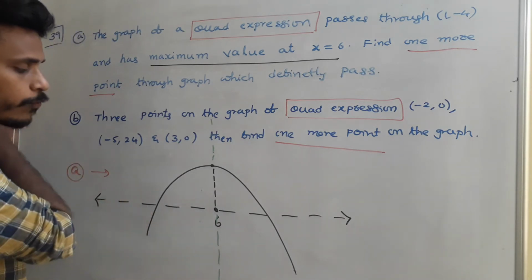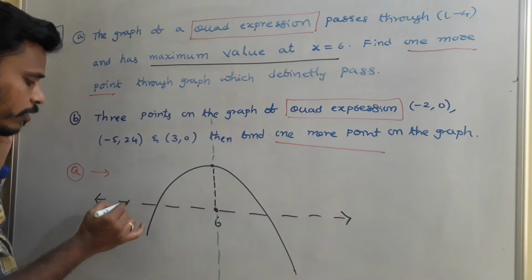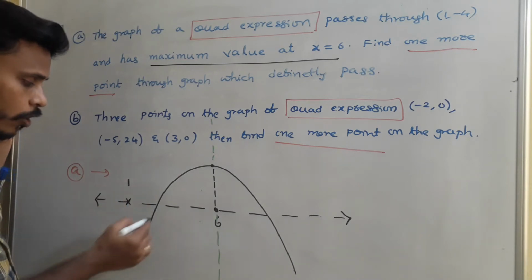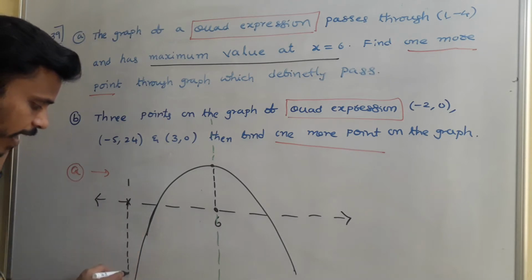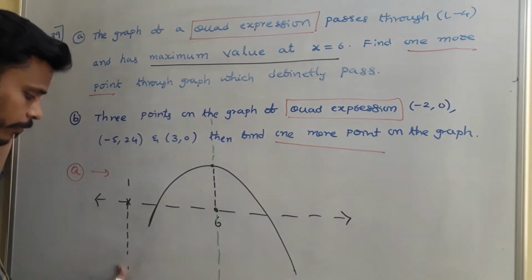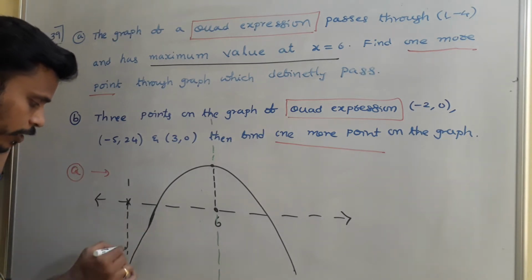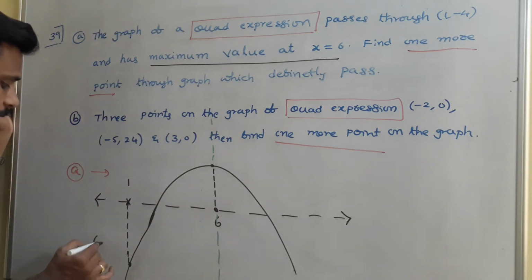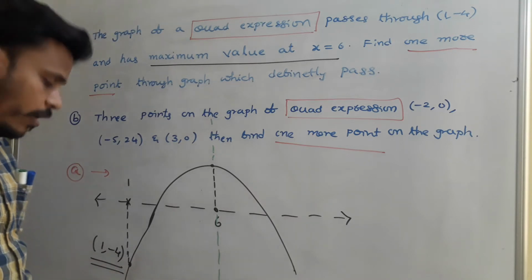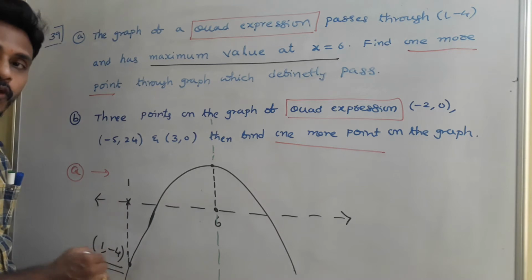See (1, -4) as they mentioned. Okay, so suppose here we have 1, okay, and see its corresponding point on the graph is somewhere located here itself, approximately. If the graph passes through like this, okay, this is the point corresponding to x = 1. As they mentioned here, the coordinates of the point are (1, -4). That in the sense that x = 1, this length is 4 and this is (1, -4).